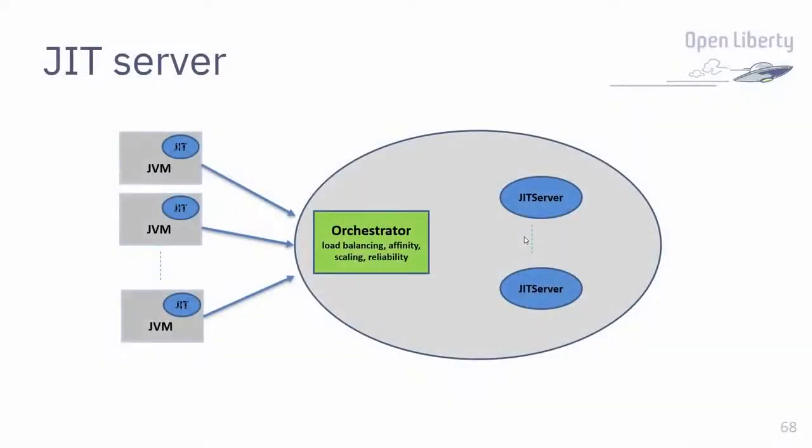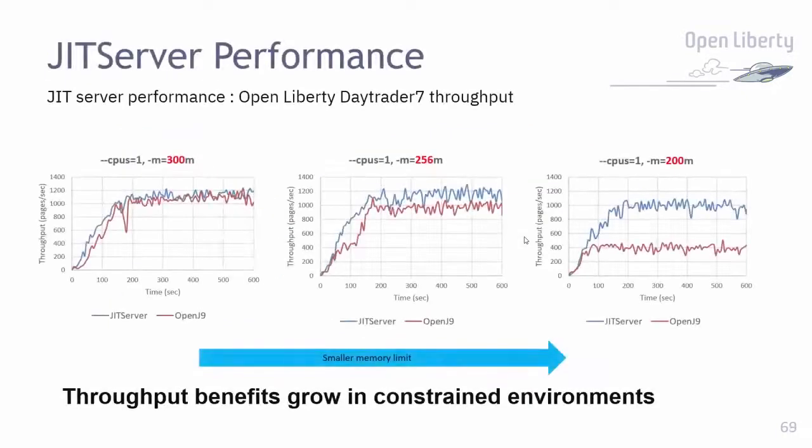Again, with the JIT server, you can have the JIT server in different places. The great thing about this is under load, it means your JVM will keep working. So we've got 3 graphs here. The first graph is basically the OpenJ9 JVM, not under load, in unconstrained environments with 300 megabytes of space. Now, the second, we've got OpenJ9 with the JIT server and without the JIT server. We move that down to 256 megabytes. As you can see, without the JIT server, the JVM is starting to struggle a little bit, but fine,